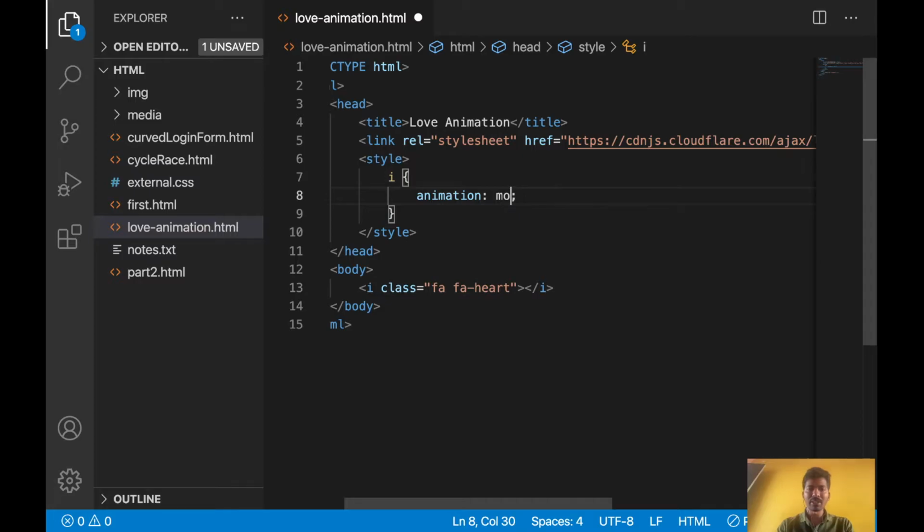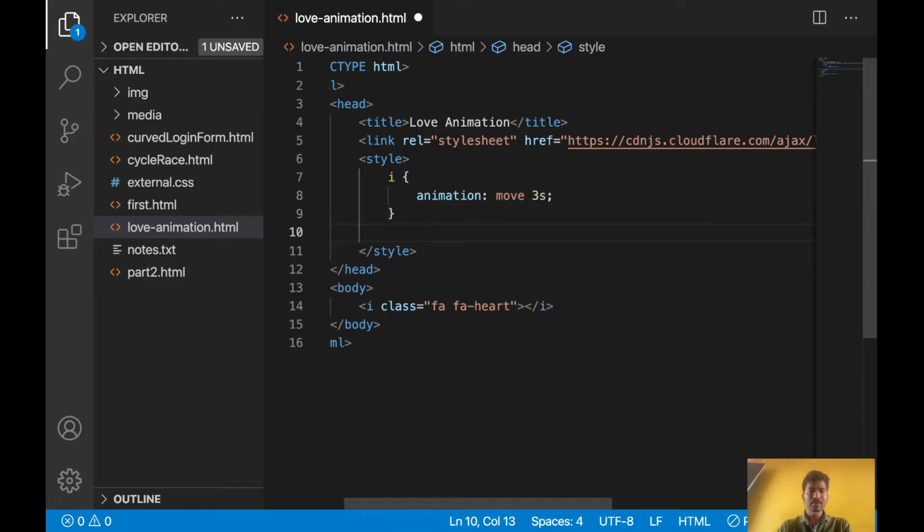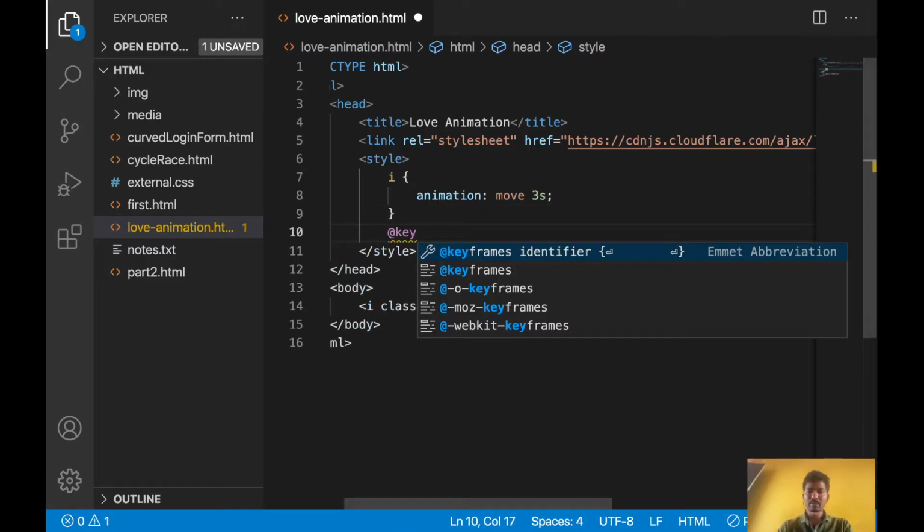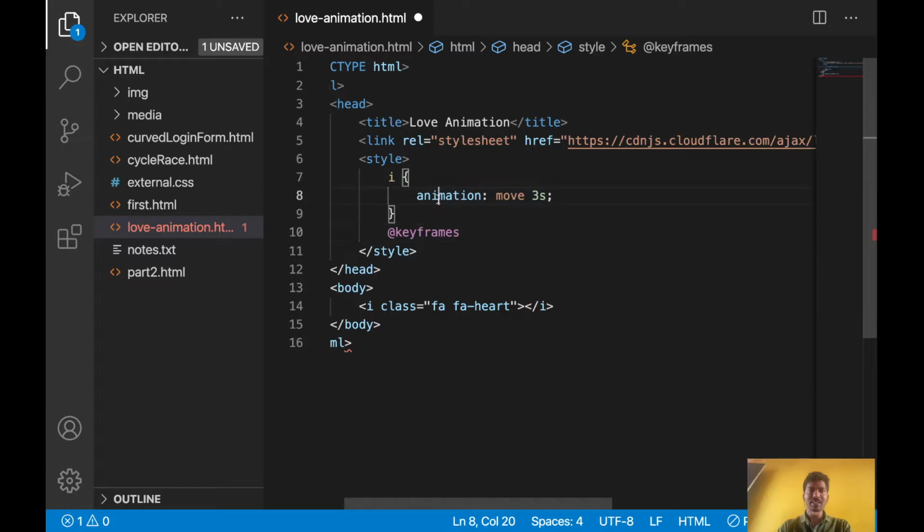Animation name is move, and 3 seconds is the duration. That's it. Now let's write the keyframes. We will write the animation like this: animation name and animation duration. This animation name we will define like this, with keyframes move.